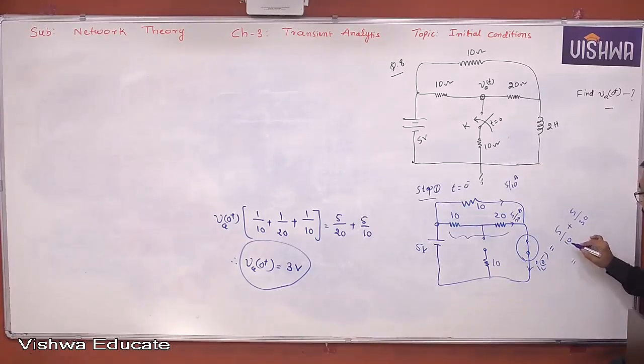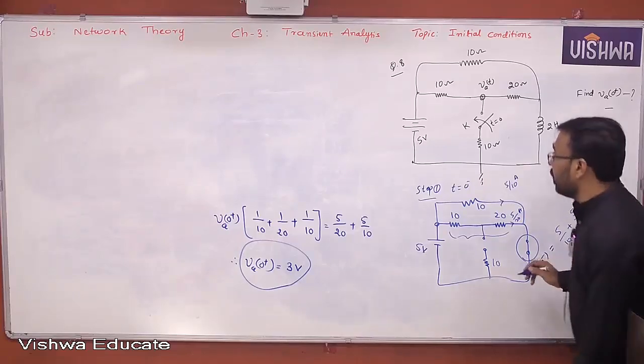So what do you get? 3 5 are 15 plus 5 by 30. It is 20 by 30, and finally 2 by 3 amperes. Okay, and this information will help you now